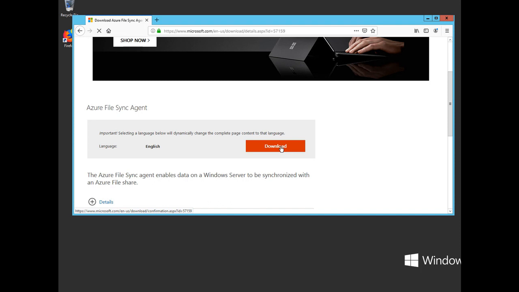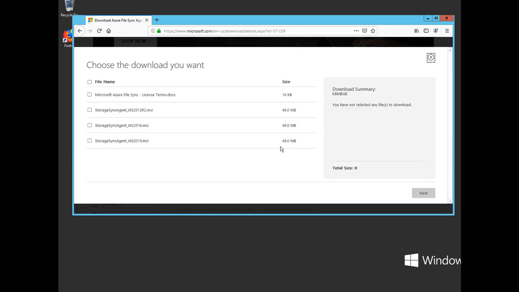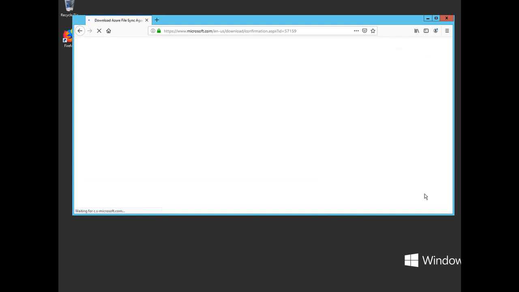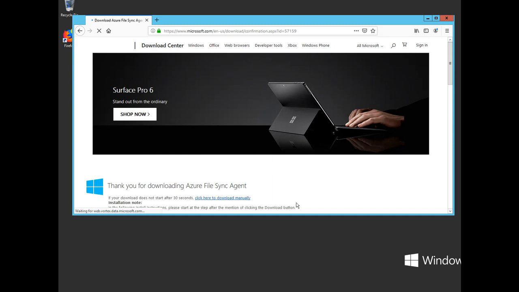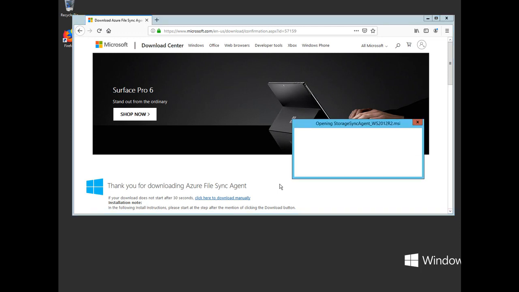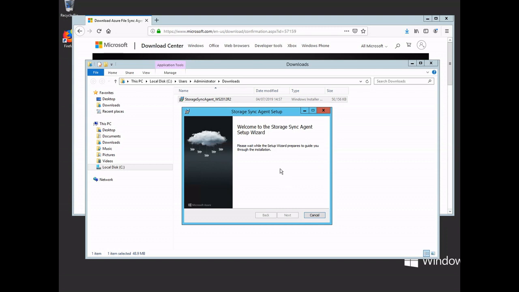So we're going to get some various options here to ask us which operating system we're running on our server. So choose the correct one, the correct MSI, and then download. And then if we save the file to download, so if we double click the file we downloaded,